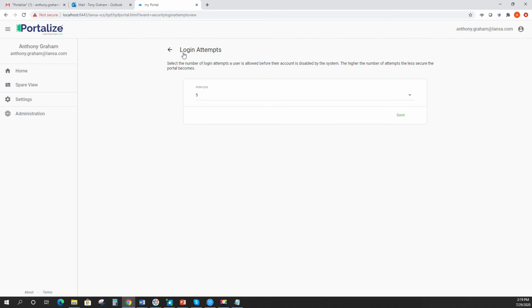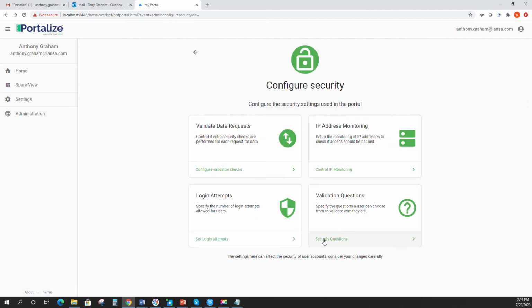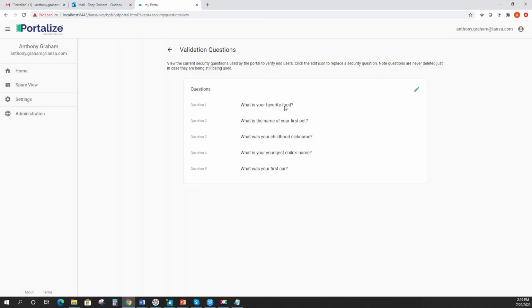Login attempts, pretty basic, pretty straightforward. You can set the login attempts of your users, and then set the validation questions. So here you can change them. So let's say we don't want to do